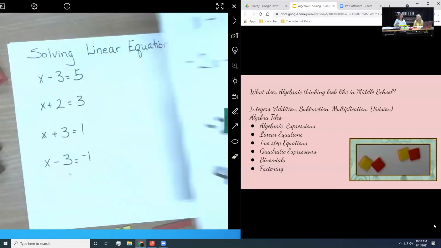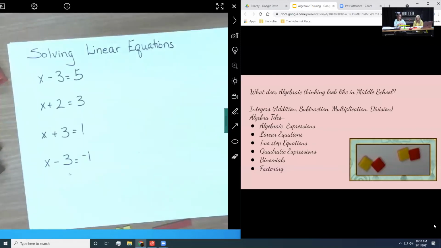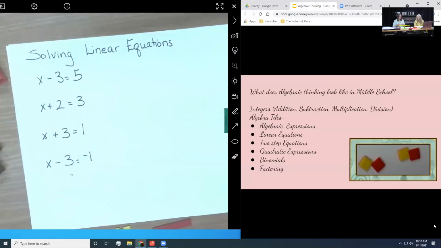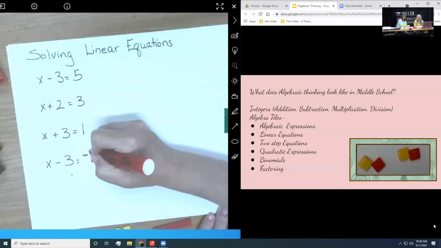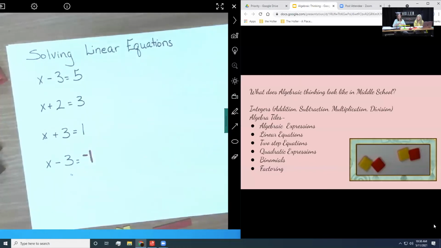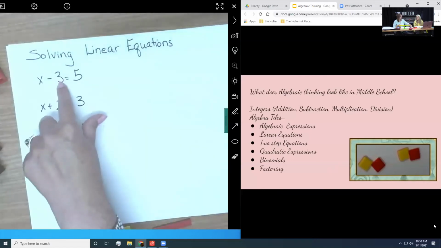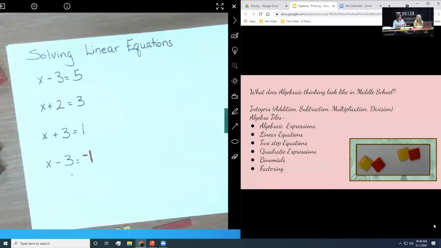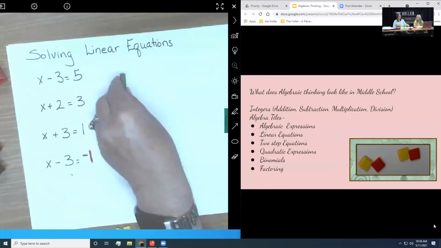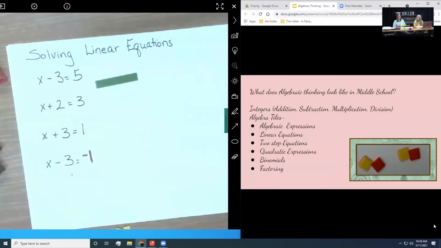because that is what leads them into algebraic thinking. So let's do a couple of linear equations, because I'm not sure we're going to have a whole lot of time to do some others. So again, I'm going to look and I'm going to say, hey, are there any negative numbers here? Well, I see one right now. This is where it's going to be important for our kids to understand what subtract really means. I may not always have a positive. I may have a positive 3 here, but what does that really mean for me? So at this point, if I've got x and I'm taking away 3,